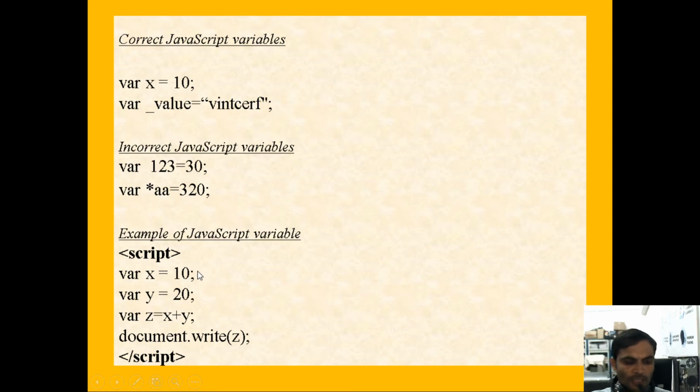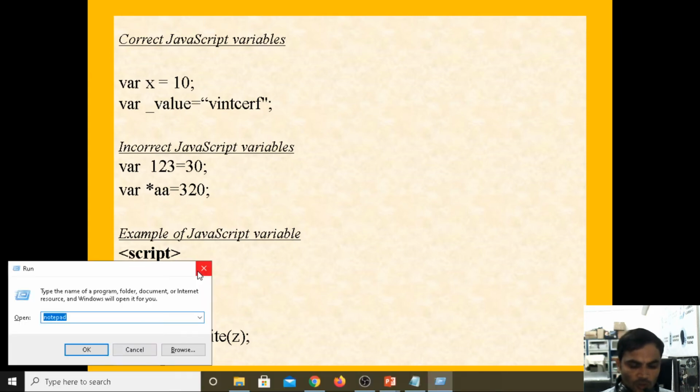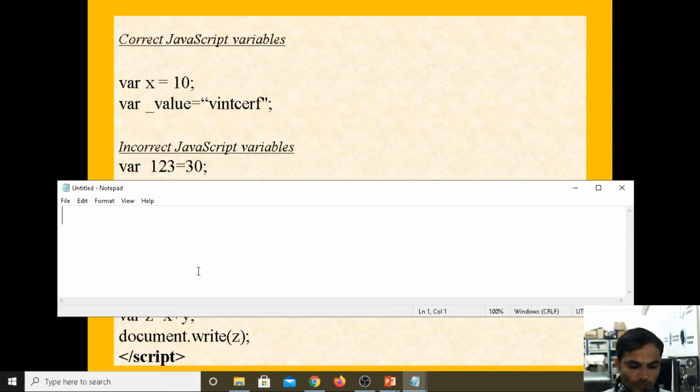If you want to write a simple program for variables, I am taking a new notepad. Variable example. Script is a tag, then closing the tag.